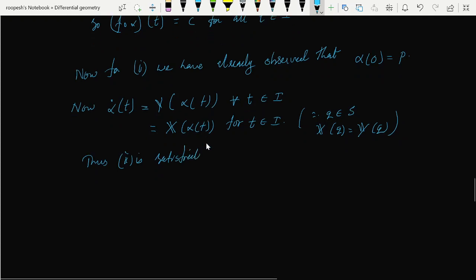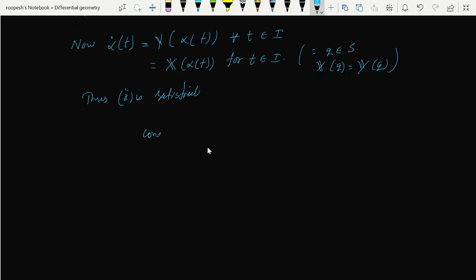Now we want to prove condition 3. So condition 3 is also satisfied, because any parameterized curve. What was the third condition? If there exists a beta having the same property, then this beta should be a restriction of alpha to some subinterval of I. Why are they saying this? Because any parameterized curve